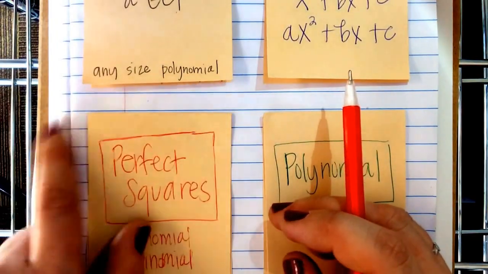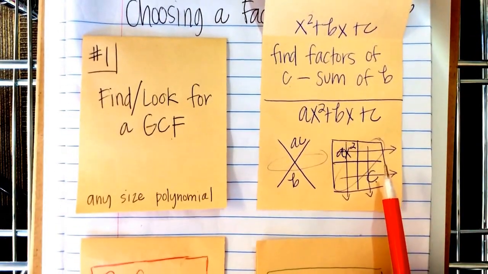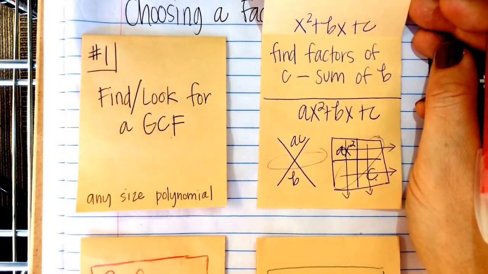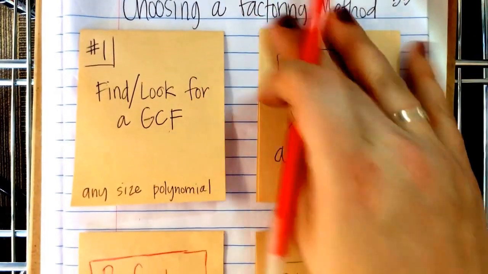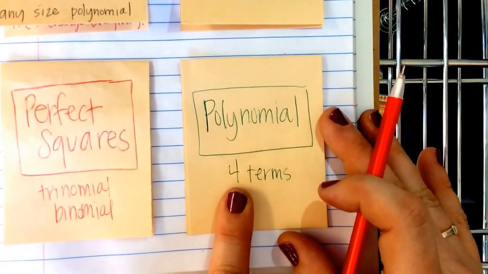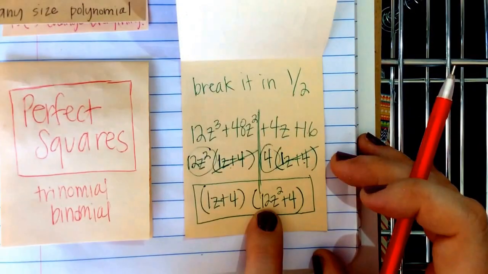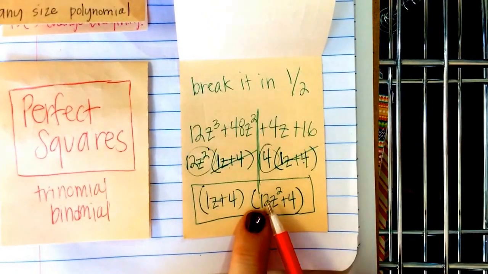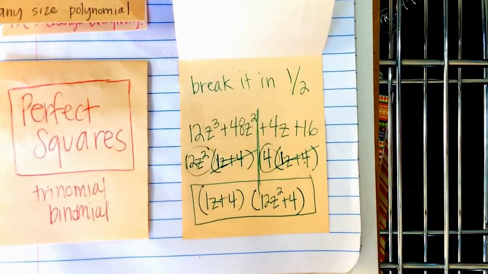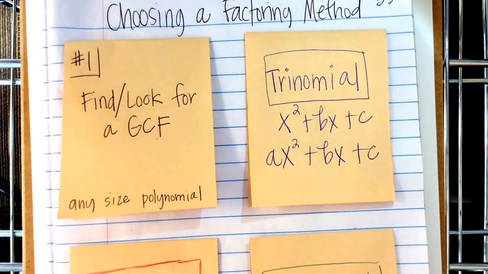If you don't like the perfect squares rules, what should you do? X box. You should do X box. Arlo? Wouldn't that actually work in the GCF? Yeah. What do you do if there are 4 terms? Break it in half. Factor, factor. Because Arlo, you could do this. Factor this again. Yes, ma'am. You said in the perfect squares box, if it was